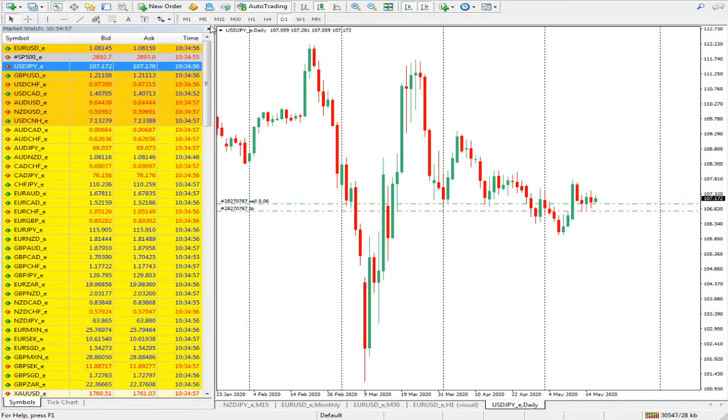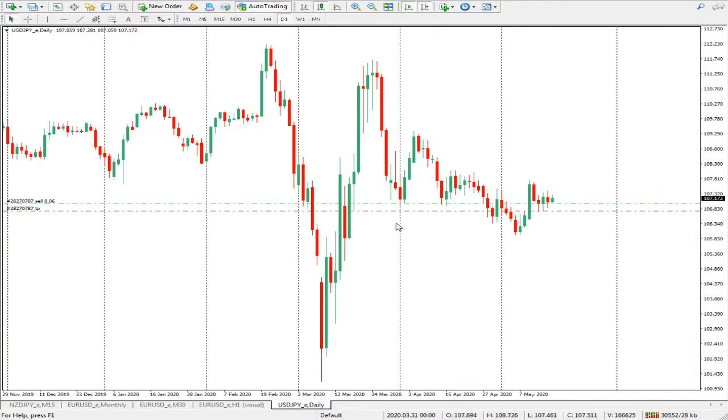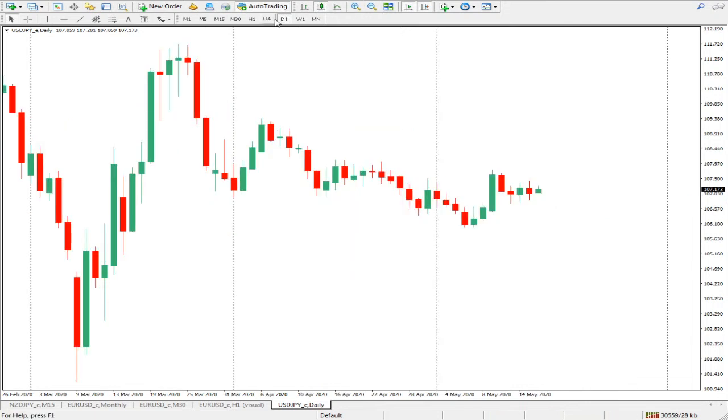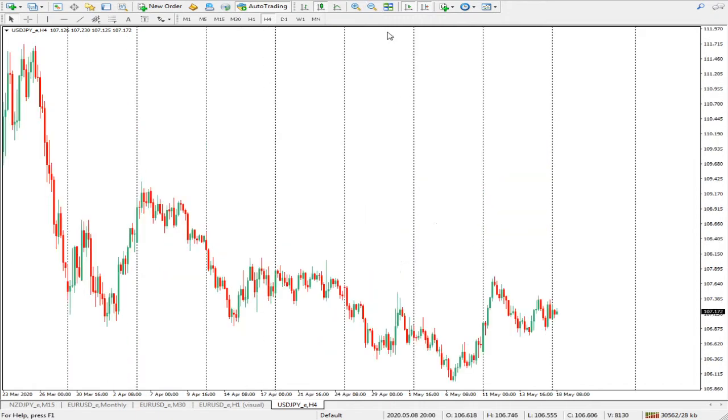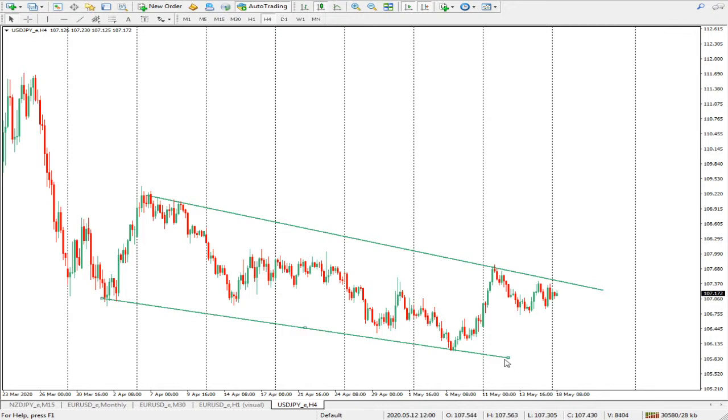So the next symbol is USDJPY. I will close this. USDJPY, we do have a sell position. If you place your charts like this, you can see that we have some very good shape formation here. We also have another line from the top. So this is like a very good resistance. We had a resistance previously, we had a resistance, we had a support, we had a support. So should the price come back up to this point,